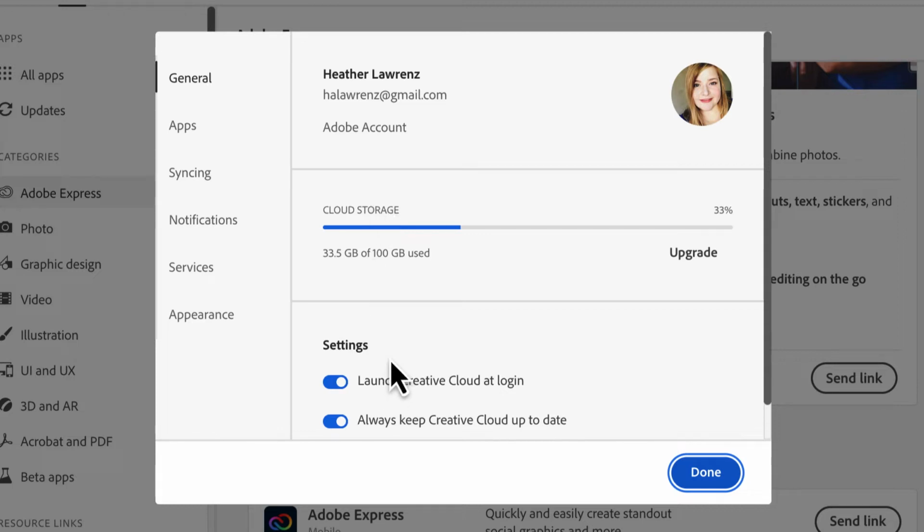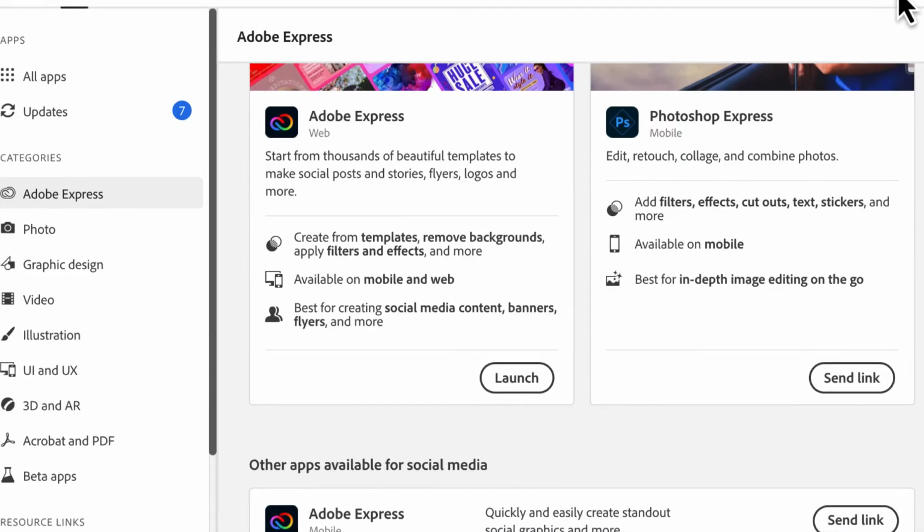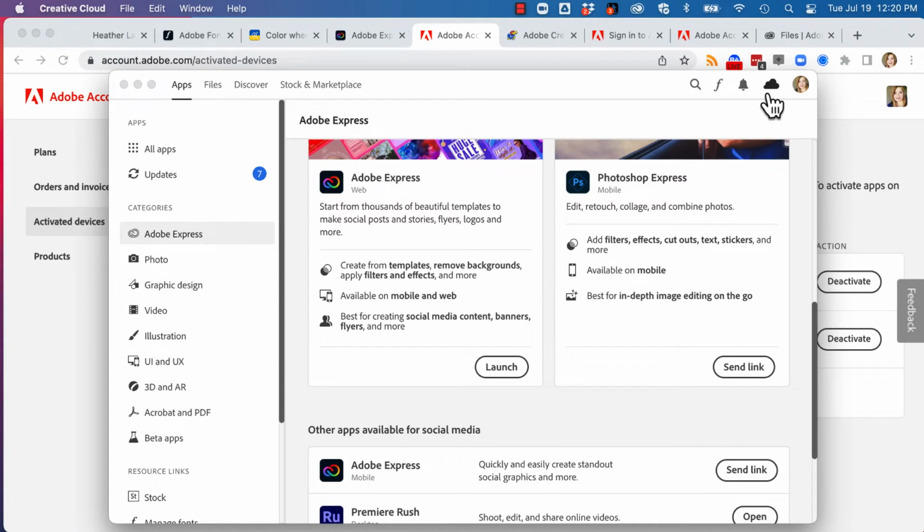Finally, I can look at some basic settings. Do I want to always launch Creative Cloud when I log into my device? And do I always want to keep it up to date? I find it really helpful to have both of those activated because it just keeps things going on my laptop. The next icon is a little cloud icon that lets me look to see if the cloud is syncing